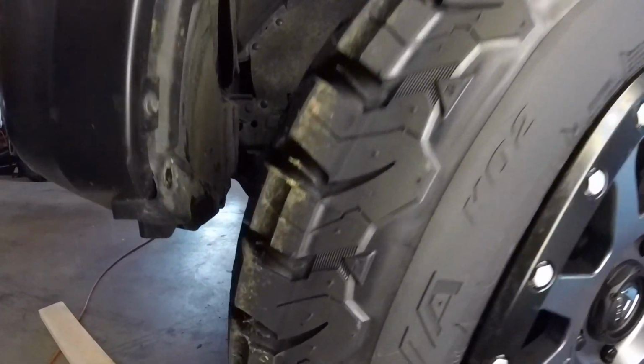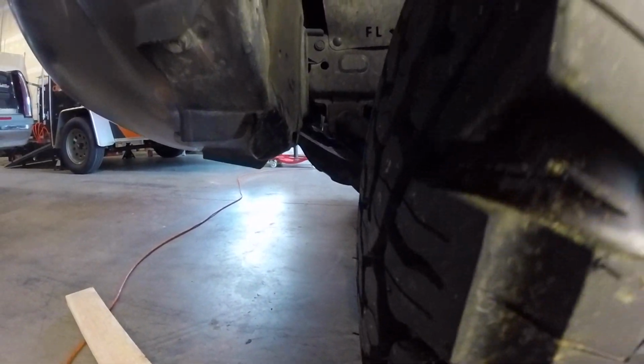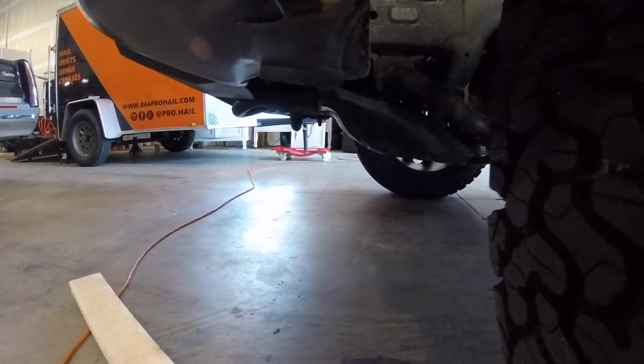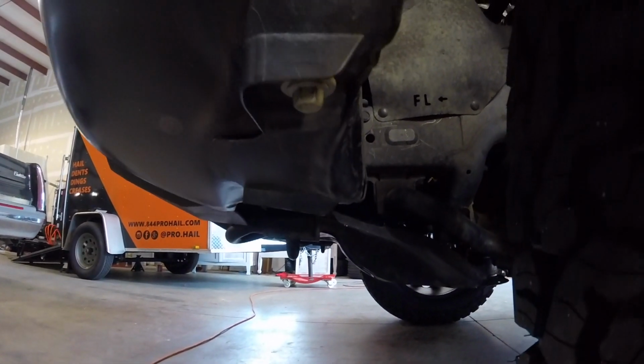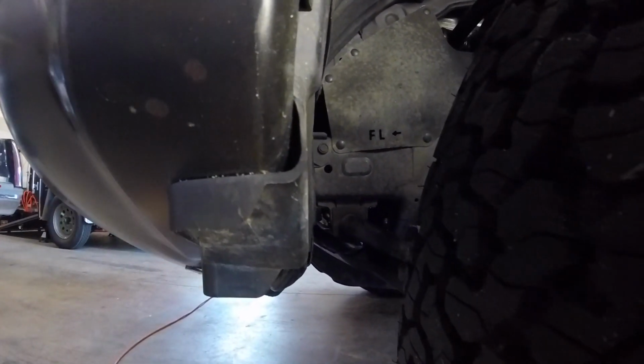Got the plastic molded here. It bent just a little bit and it doesn't look the best. You can kind of see where I flattened it out down there using the, whoops, that's the wrong way. Kind of see how I flattened it and kind of mushed it together there. I just turned the wheel. I do have clearance, maybe